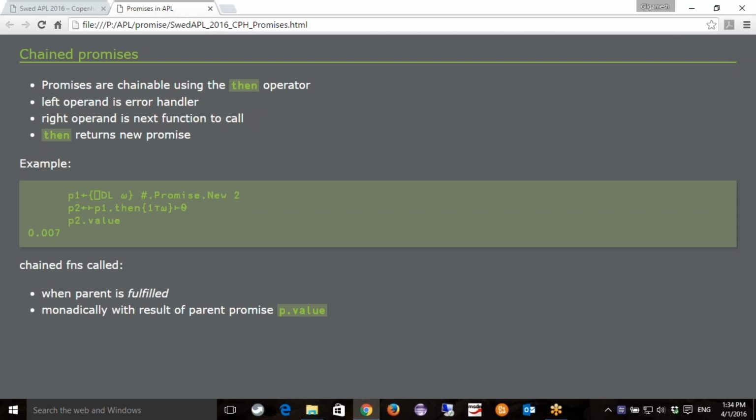So P2, these operands here are just held in reserve until P1 has resolved. The functions are called monadically with the result of the previous one, so P dot value.